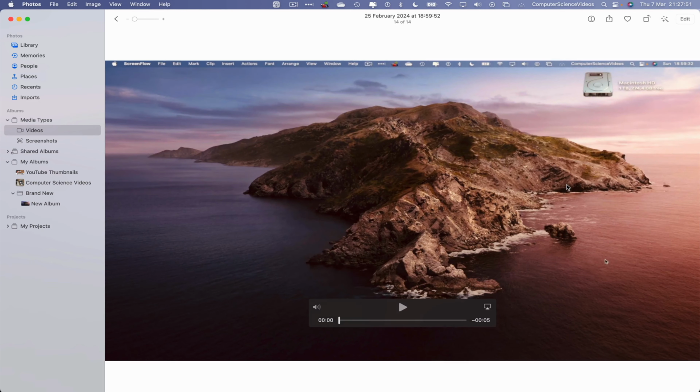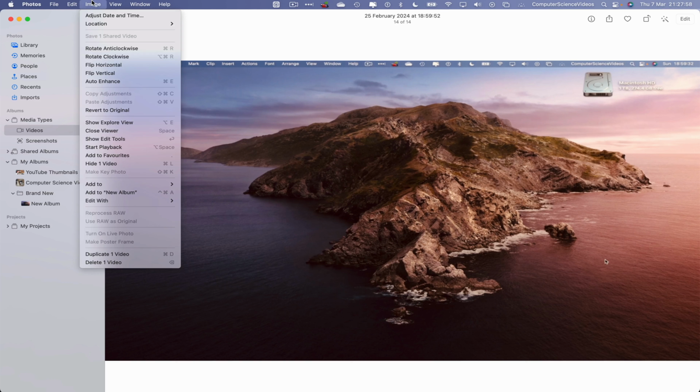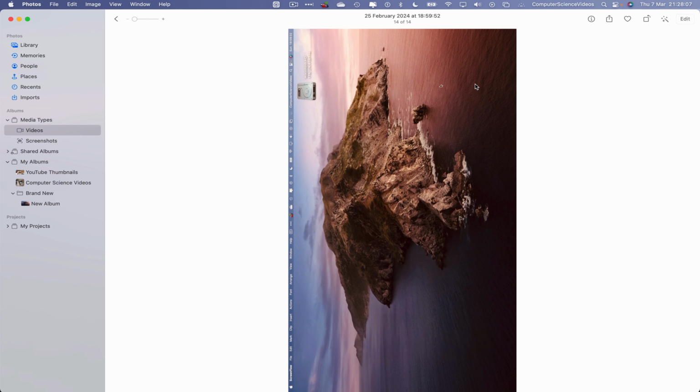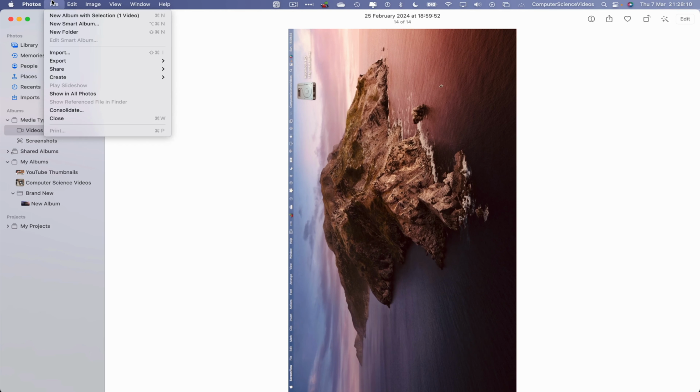Command Z to revert back to the original. We can also go to the top toolbar where it says image and now rotate anti-clockwise, and there we go. So we can now go to File,